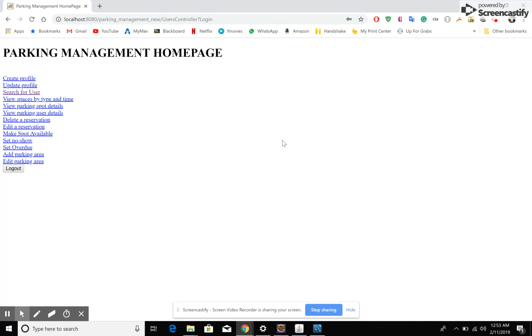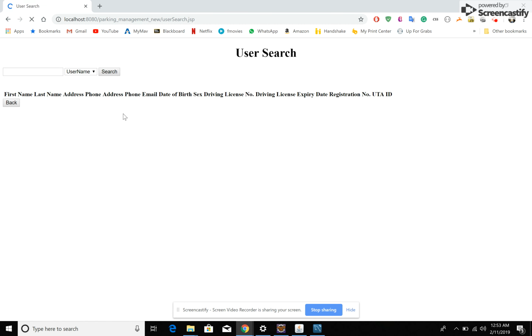So we have logged in, and this is the parking management homepage, and these are all the functionalities. The search for user is the same as the administrator I've shown, and we'll just show you the